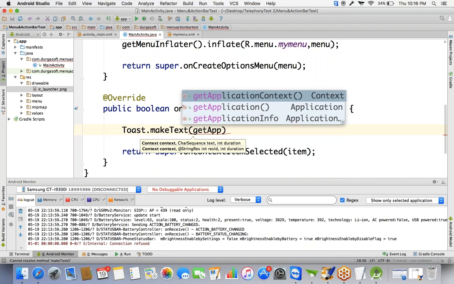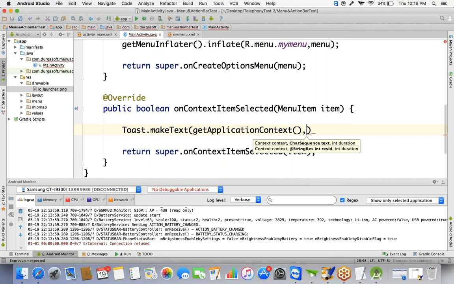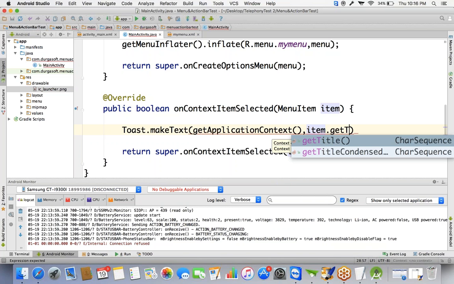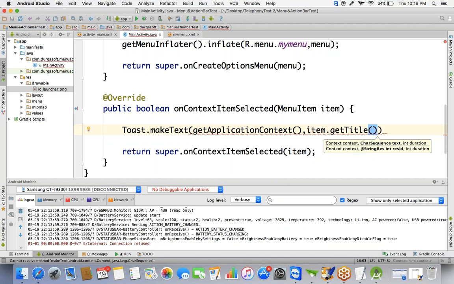First, we have to specify the context object, using get application context. Second, we'll display the selected item, the second parameter. Item dot get title is a method, so we are displaying that selected item. Comma. And the last thing is,